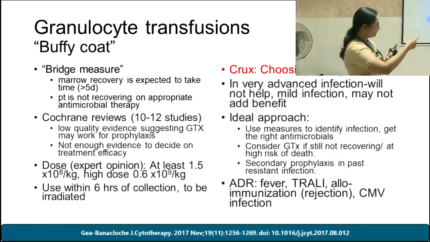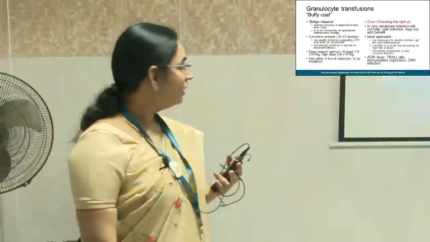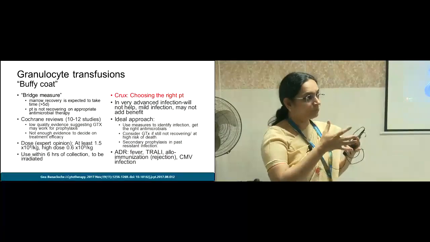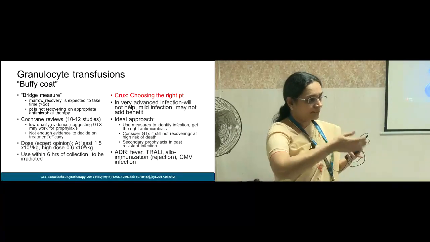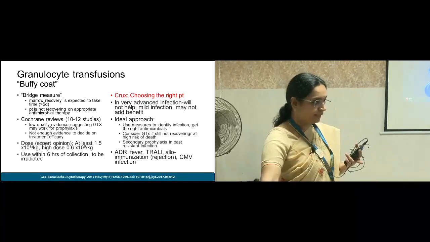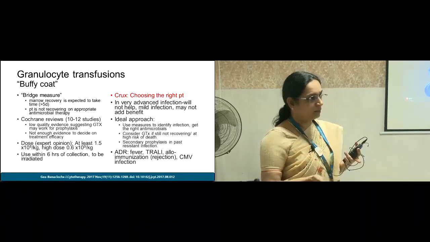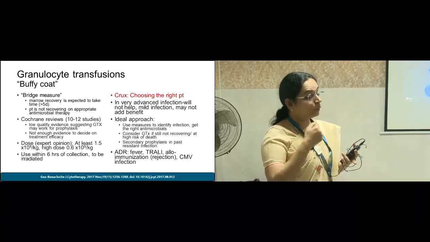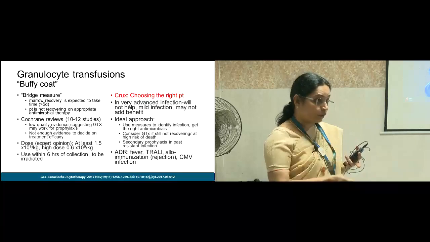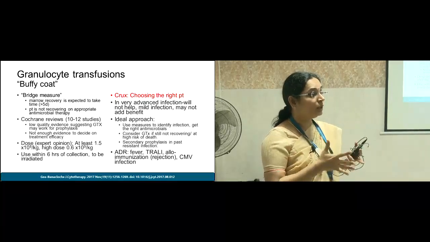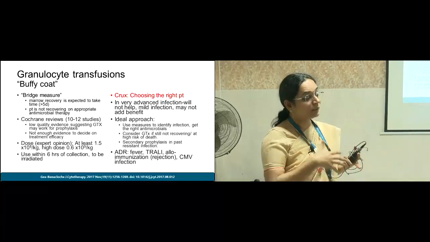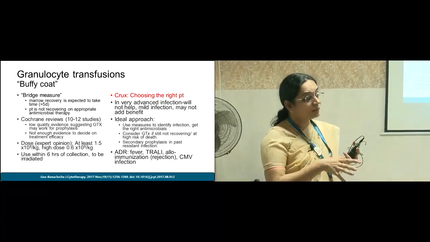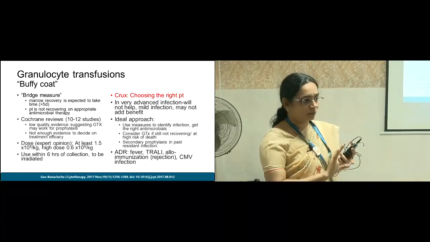So this is generally recommended as a bridge measure. It is mostly tried in the HSCT setting where you expect the count to recover in the next 4 or 5 days. Say you have a CR bug or a bad fungus. You're giving your best antifungals, you're giving your best antimicrobials, but the patient is not recovering or is unlikely to recover till the count comes back. In those die-hard situations is where granulocytes have been tried.